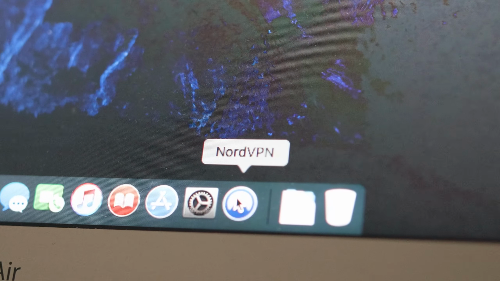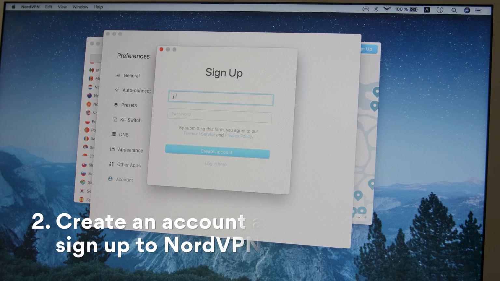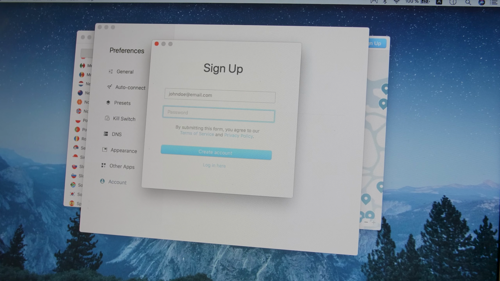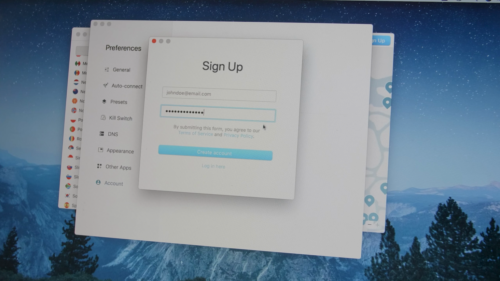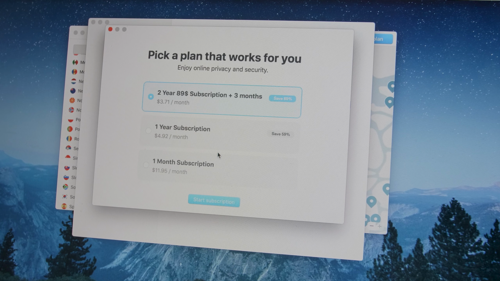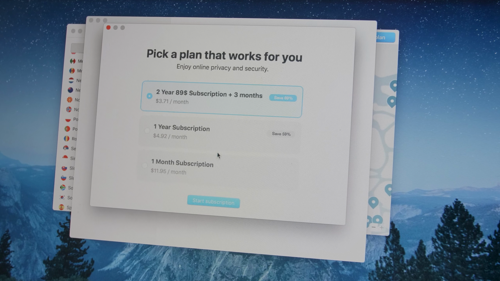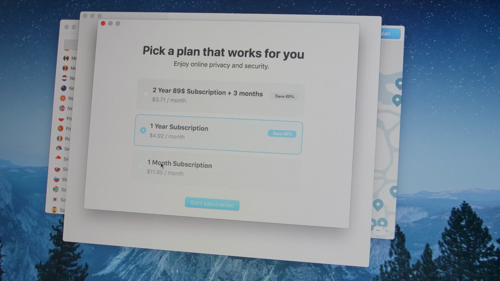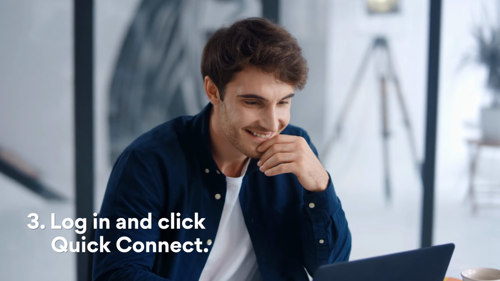Now, you're going to need to sign up to NordVPN. When you sign up to NordVPN, you'll have to pick a specific plan that works for you. Do you feel comfortable letting a few dollars trickle out of your account every month? Or would you rather buy a year or two in bulk, triggering big potential savings? Once you've found the right plan, it's time for the next step. You're logged in, signed up, and ready to go.